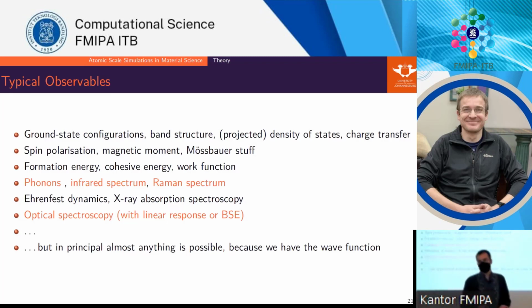The good thing about any of these methods is we get the wave function. In quantum mechanics, all the information about the system is contained in the wave function, right? And because we have the wave function, technically, we can calculate any observable. Basically, any operator which is Hermitian, we can just do a bracket with the wave function and we get an